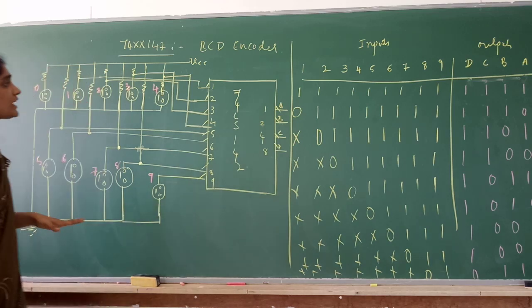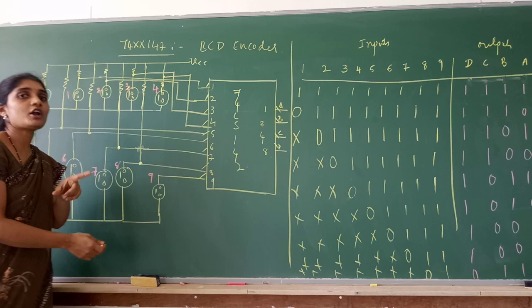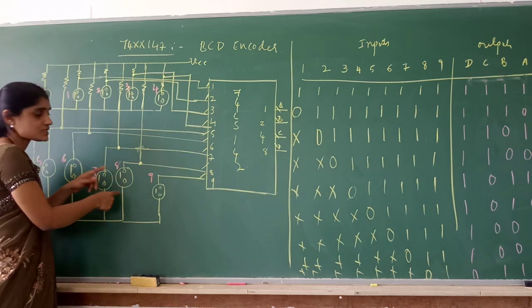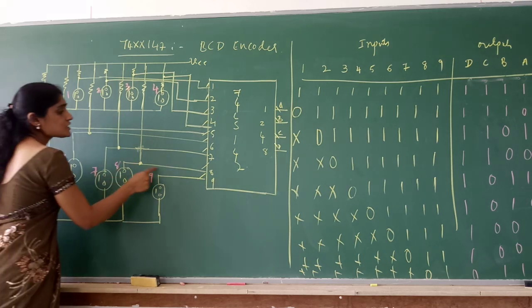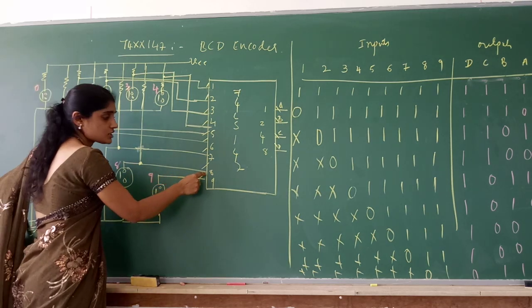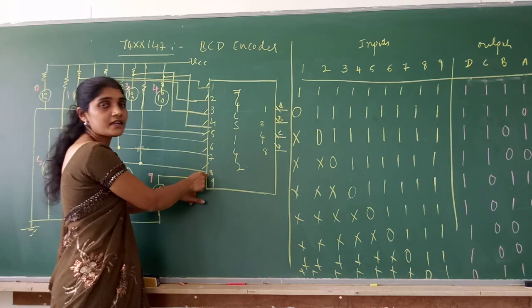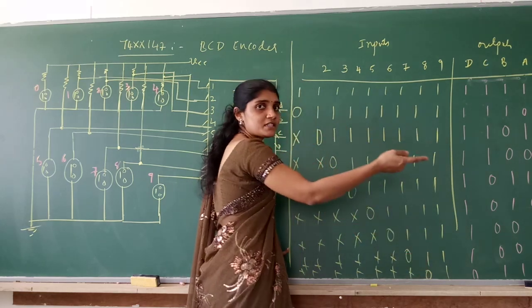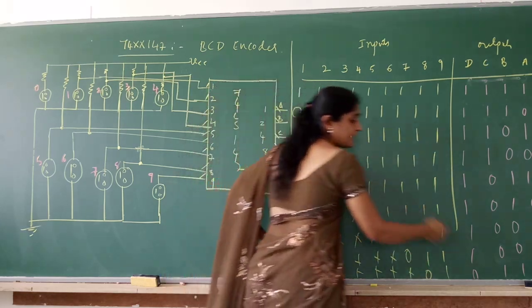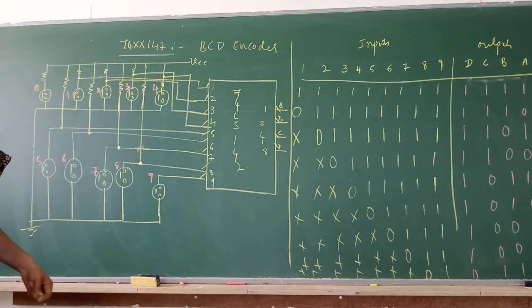So this is one of the applications. In the exam, you write this circuit and the truth table and just explain one or two cases. What happens when a key is pressed? If a particular key is pressed, that particular pin will be connected to ground and logic 0 will be sent to the corresponding pin. So if you are giving 0 at pin 8, that means this particular line is active, and that will be encoded as 1000. But since the outputs are active low, we get it as 0111. Correct? So this is one of the applications of 74XX147, which is nothing but a BCD encoder.